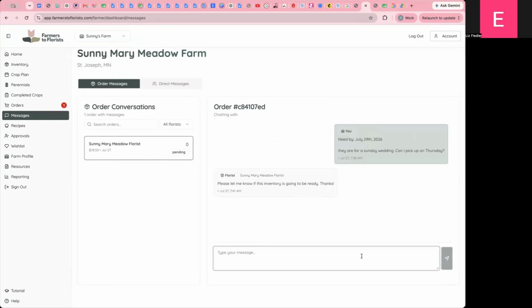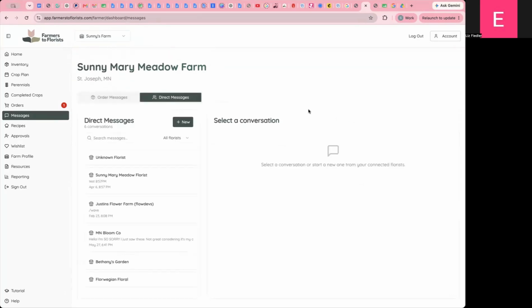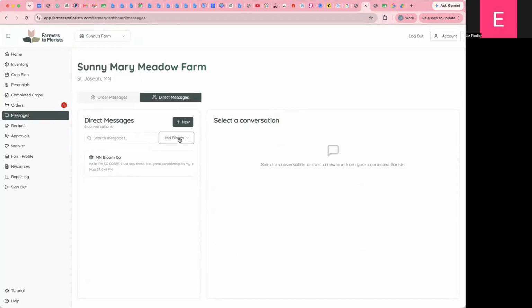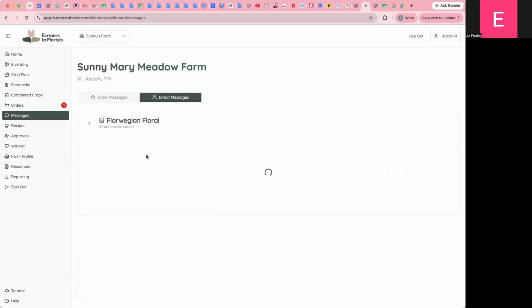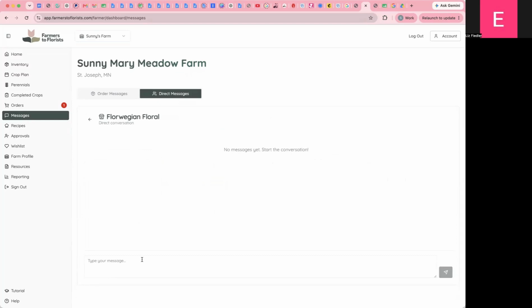Also, when you're in the orders tab, you can message directly from that order, or you can directly message a florist. So you can filter by whatever florist that you are attached to, click on them, let them know, hey, I saw that there's this order, we won't have this, whatever it might be, however you need to directly message. And that florist will get a bump in their email notification saying, hey, here's a message that was sent, test,